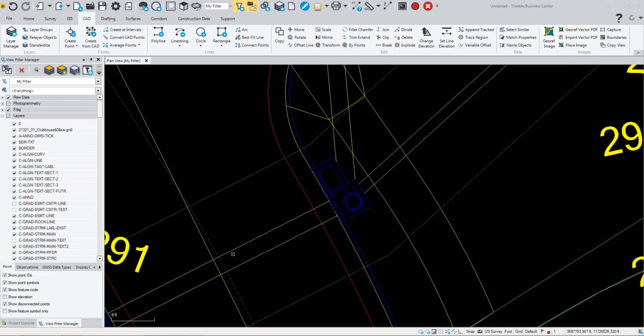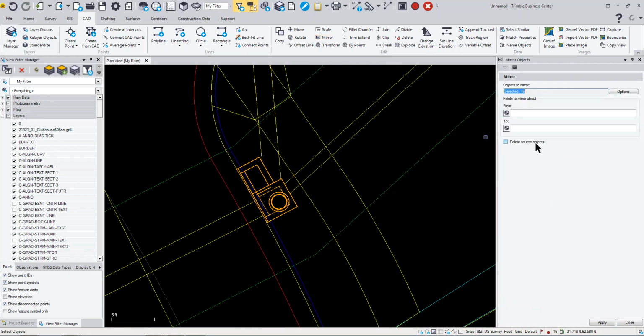So the mirror object lets you mirror objects about a location. I want to take this catch basin, I actually want the throat to come in on the other side. So for example, I can select these objects using a window selection, and then on the CAD tab use the mirror objects command. It's going to ask me from a from point to a to point,